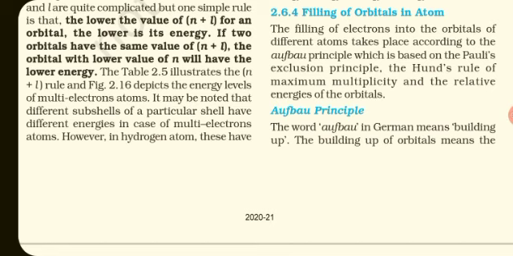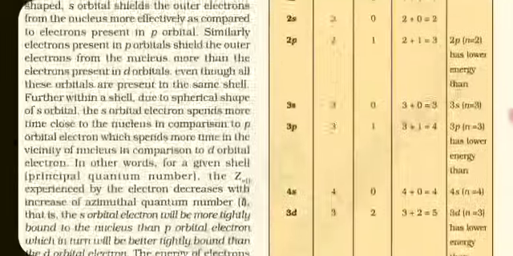Today we'll see the n plus l rule. The lower the value of n plus l, meaning the sum of the principal quantum number and azimuthal quantum number for an orbital, the lower will be its energy. If two orbitals have the same value of n plus l, then the orbital with the lower value of n will have the lower energy. So you can see in table 2.5